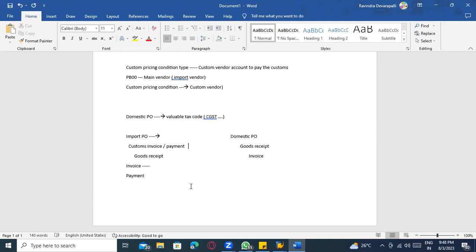Sir, in GST, HSN code is not required anywhere in them. HSN code, it is generally we are using for the import control code. No, sir. For GST, we are using depending on the HSN code. We are maintaining the control code for domestic also. We can maintain it for all the products, because the same product we are buying from outside and we generally import. This control code we are maintaining at the material master record.